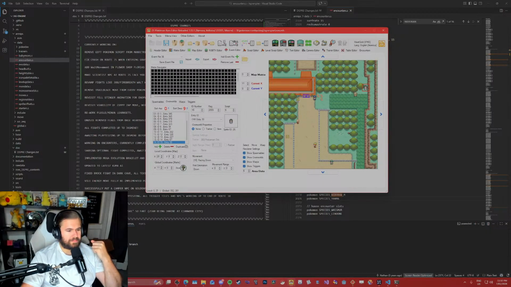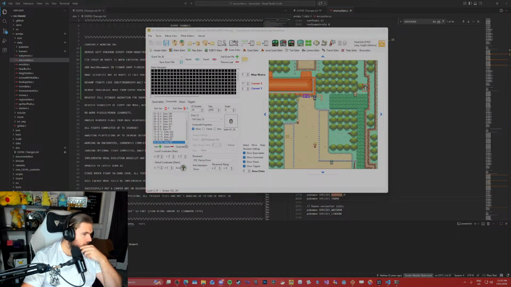I'm sure there's a way, but yeah, so set flag alone will remove the overworld after you leave the map.